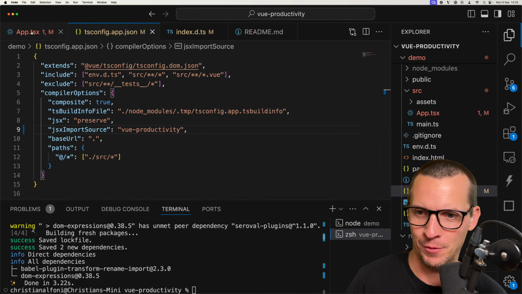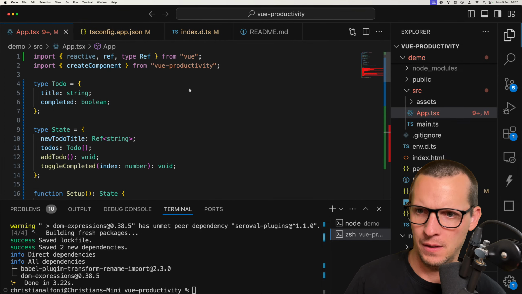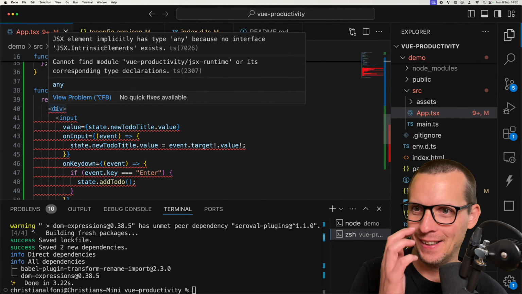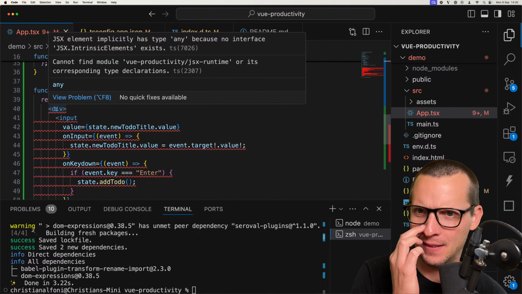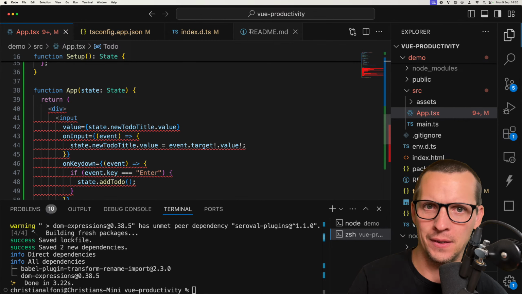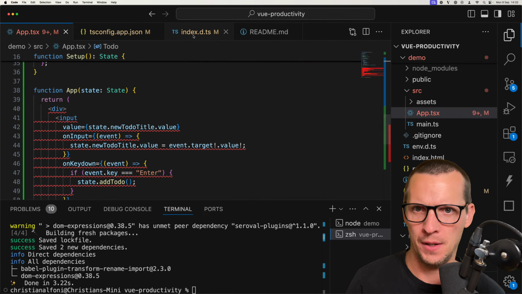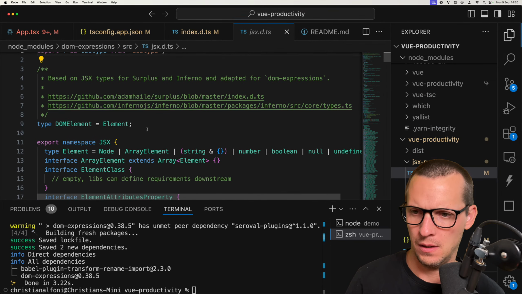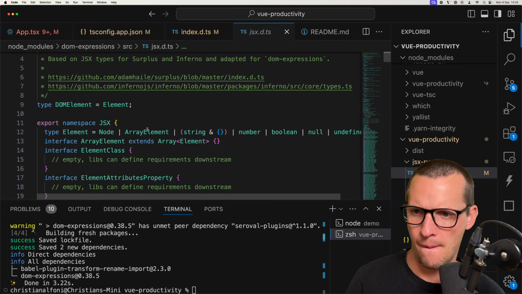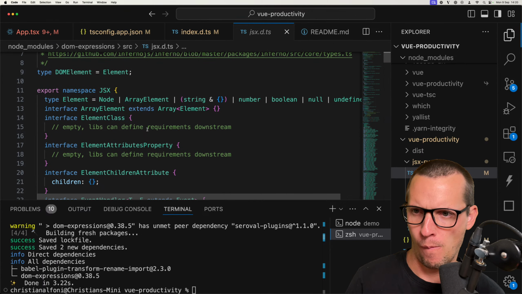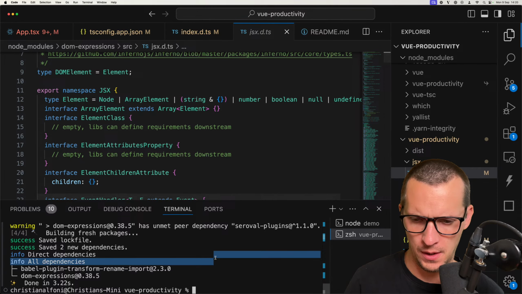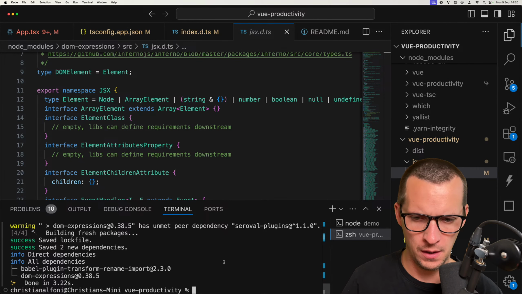Probably change the name of this thing. Okay, so it's complaining. Okay, so we're definitely missing something. Let's take a look at this thing. Let's take a look at how Solid uses this. Let's see. I'm gonna add temporarily the